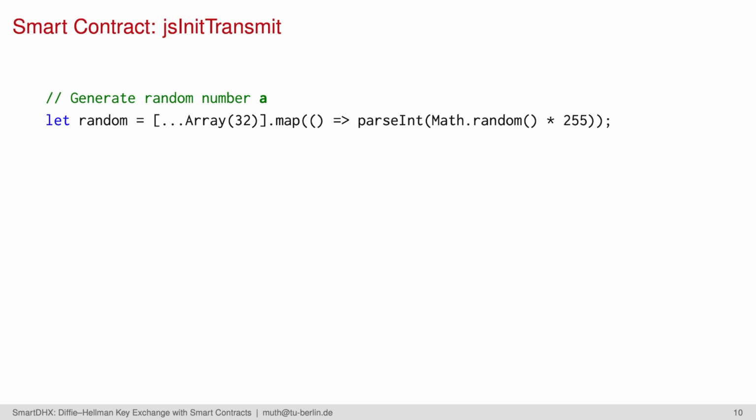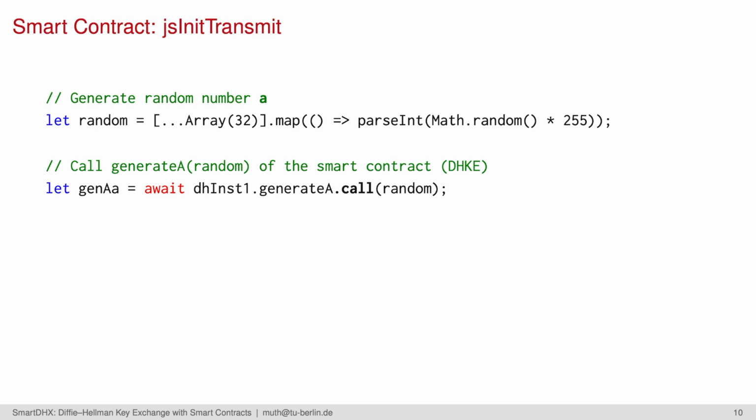Let's have a closer look at it. First, it generates an array with 32 random bytes, which equals 256 bit. It will be passed to the smart contract instance by calling the Solidity method generate_a. This method generates the uppercase public A value based on the secret random number. We added .call to the method so it does not submit a new transaction to the blockchain, which would reveal